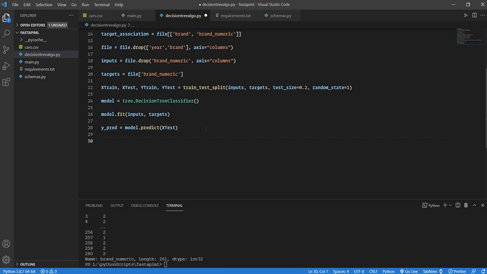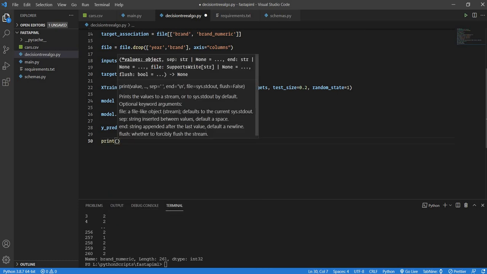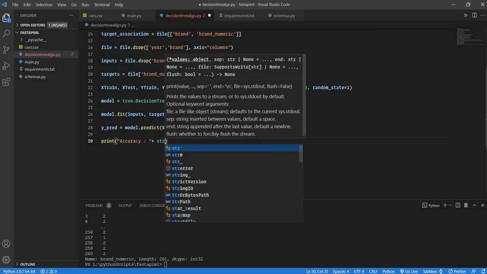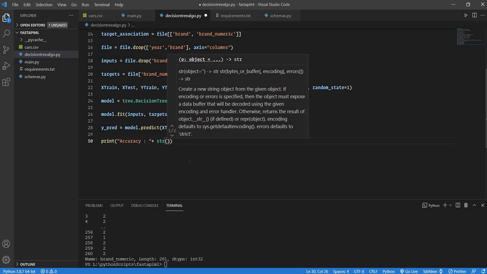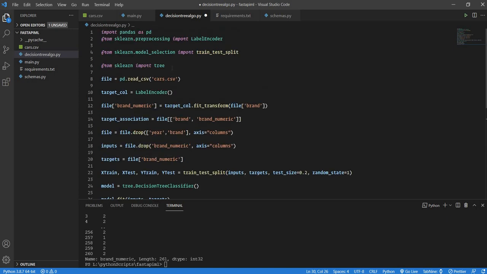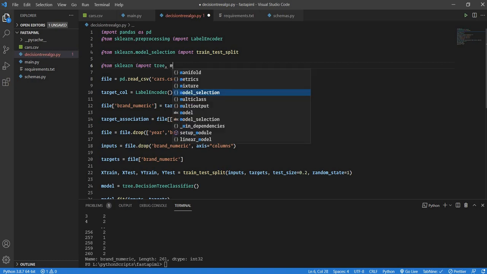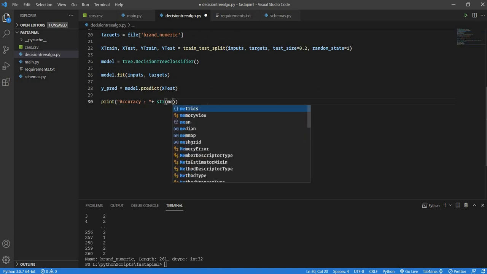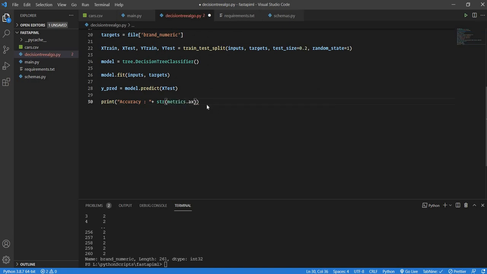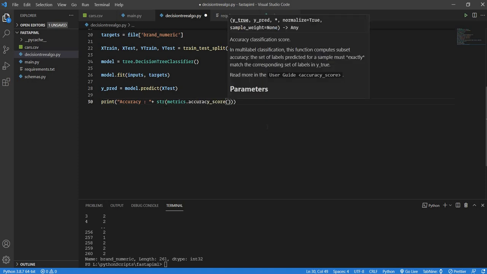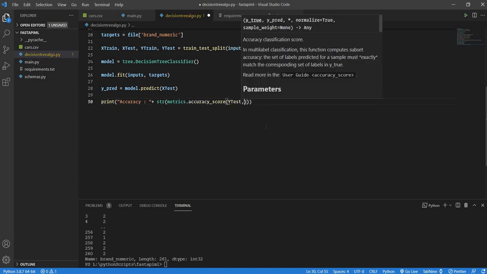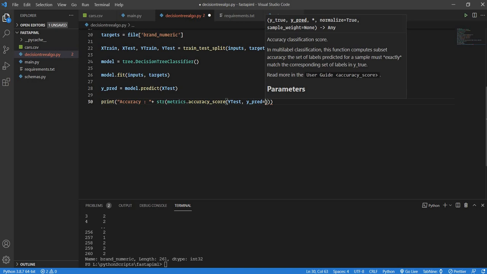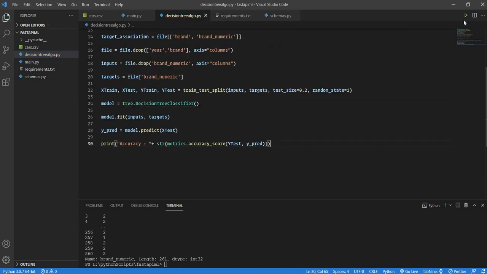Once we have this, let's print the accuracy of this. So I'll say accuracy, and let's concatenate and convert whatever value we get into a string, because it's going to be a numeric value. I will use another functionality from sklearn, which is metrics, to get the accuracy. And I will here say metrics dot accuracy score. And what accuracy score do I want to do? I want to do the score with y test compared to y prediction, so our test targets compared with our actual predictions. So if I run this now,